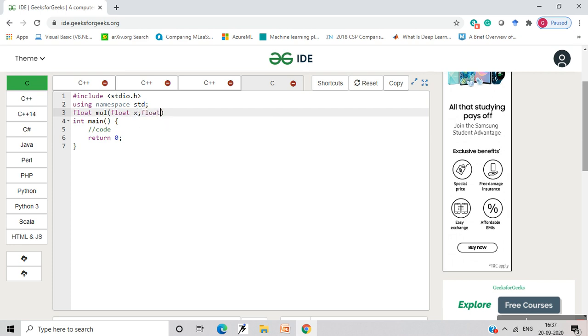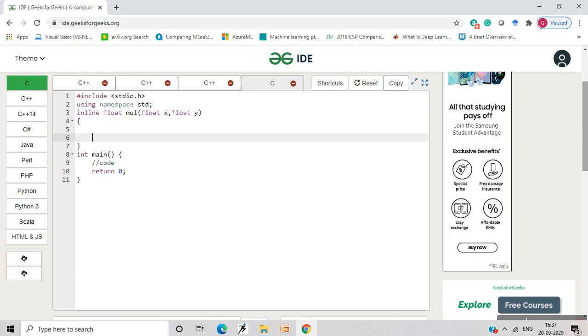So that is, suppose float x and float y. These are dummy variables. But now, as I said, if this would have been a normal function, this would have been the declaration, but because this is an inline function, I'll need a keyword inline over here, and I'll need to define it before it is called. So I'll have to define it over here, right? And as I said, an inline function has to be of just one or two statements at the max, so that it is considered as inline. So here I'm just going to write return x into y. What it is going to do is multiply x and y and return the value, right?